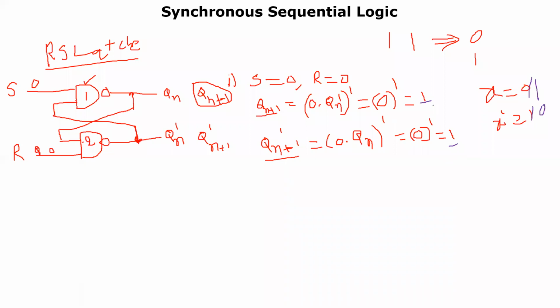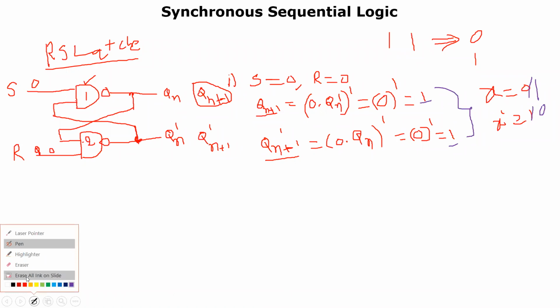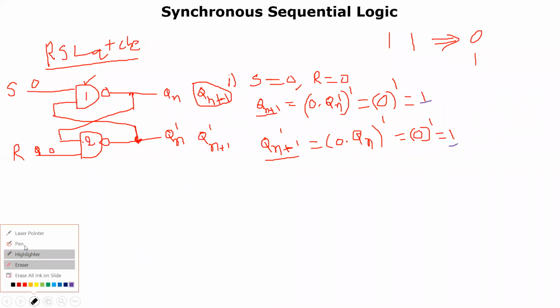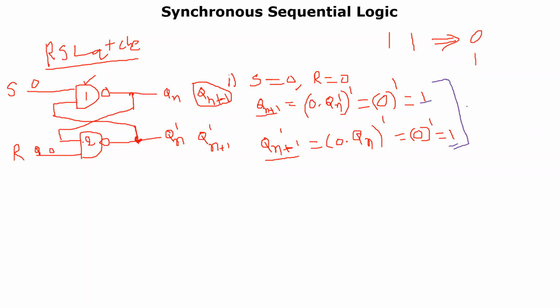This particular kind of situation would not exist in any flip-flop. Therefore, as and when S is equal to 0 and R is equal to 0, you should not get any particular output. That output is in contradictory mode. Contradictory mode in the sense that the ordinary form and complementary form both have 1. It is highly impossible to mention something like this. So this kind of situation is called a forbidden situation, or indeterminate state, whatever it may be. You could not determine what kind of value it gives.